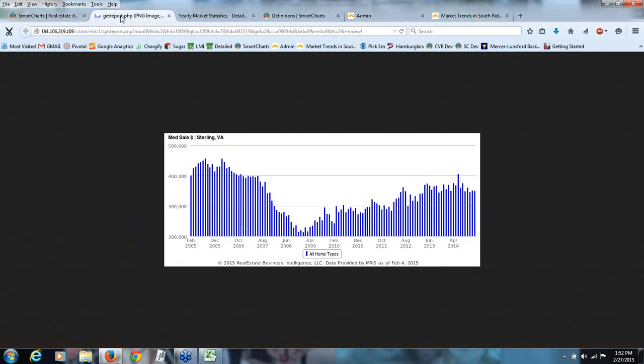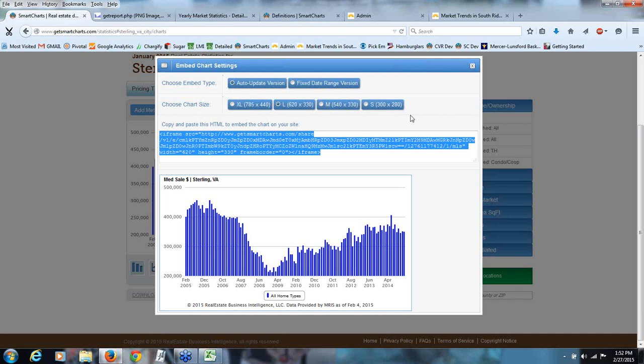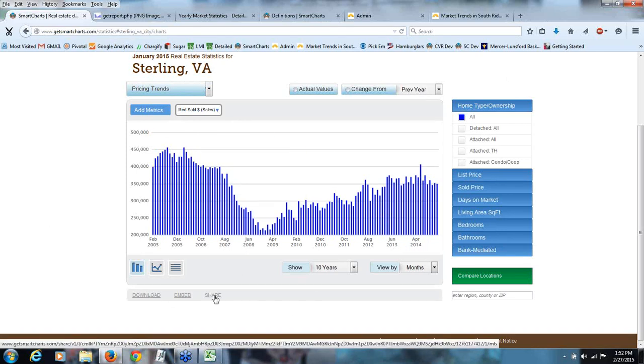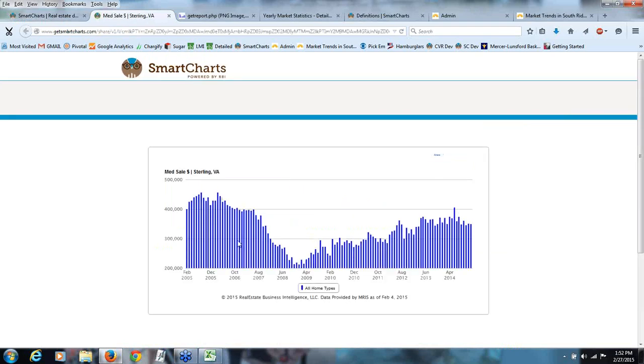If you don't have a website, and I guess if you've stayed on this far, you probably do, but if you don't have a website or you don't want to get into embedding, then there's always the share option. That's the final option for the portability for these charts. I can share this chart, and basically anybody, SmartCharts Pro, SmartCharts Free, end users that have never heard of SmartCharts, if I copy and paste this link onto Twitter or onto Facebook, it will then send them,